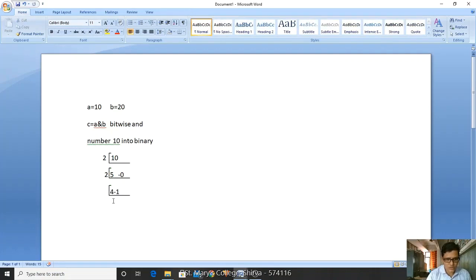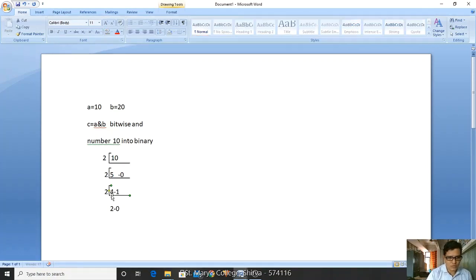Okay, so once again I have to divide this number with 2, because we have to identify how long it is divisible. If you divide it, then once again you are getting the result as 2 and remainder is 0.